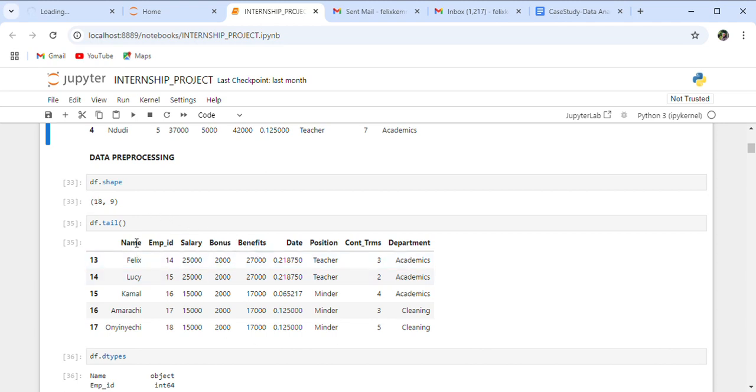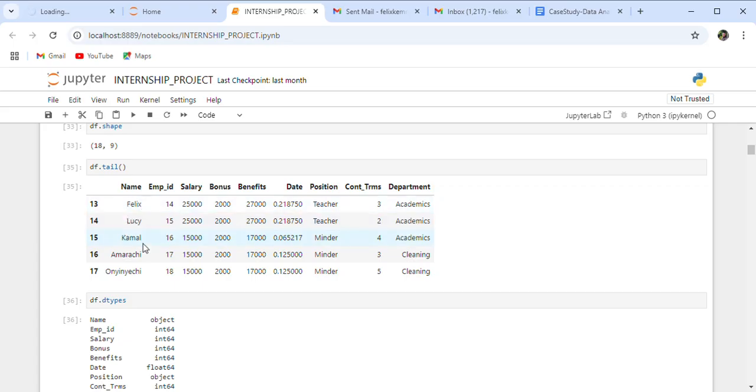This is the last 5 elements of the data. You can see Felix, Kama, Marachi, and the rest. And these are their respective data. So going back to the case study,